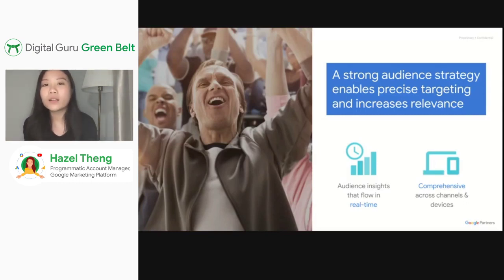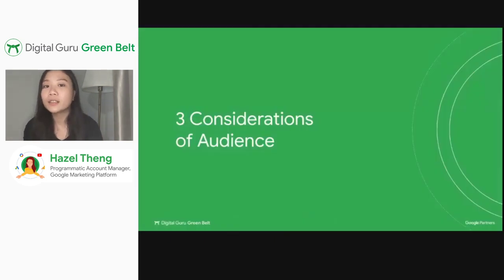The dream of all advertisers is not just to stay relevant, but also to reach users across devices and different channels, therefore staying top of mind for audiences at scale.